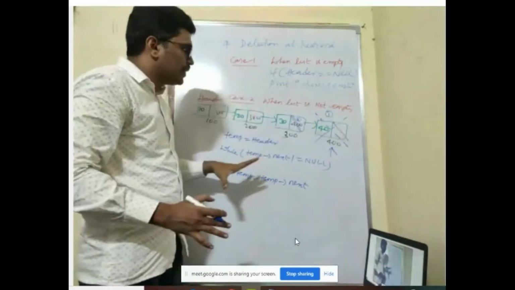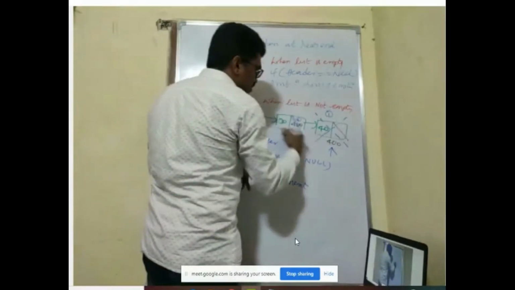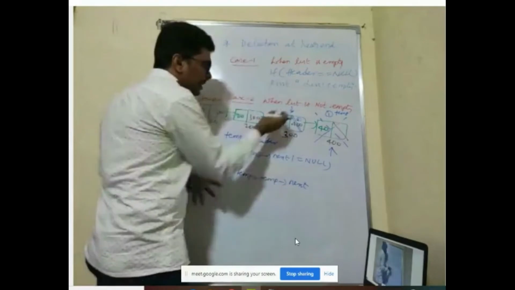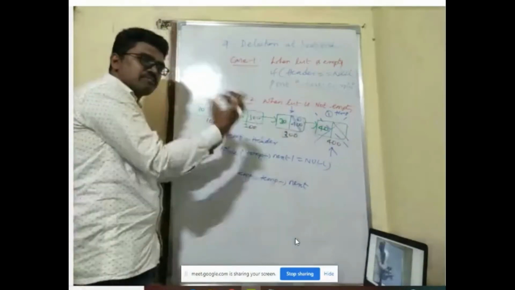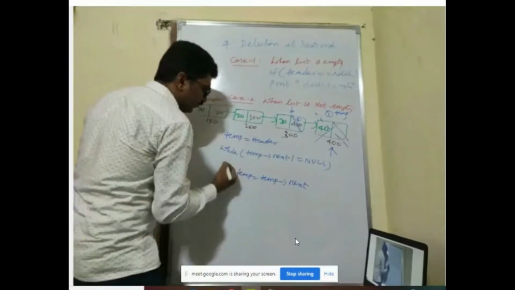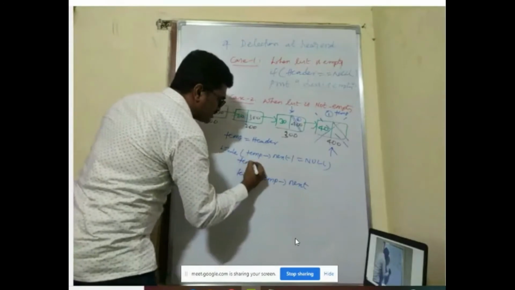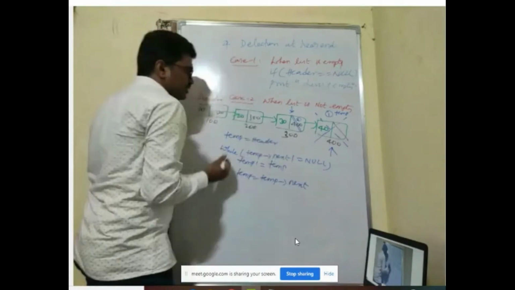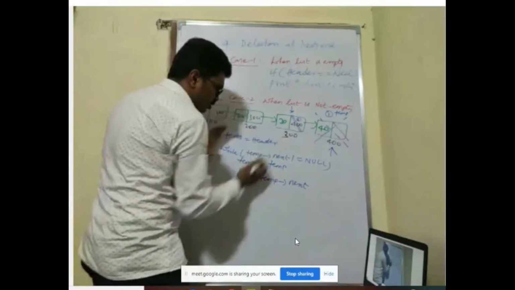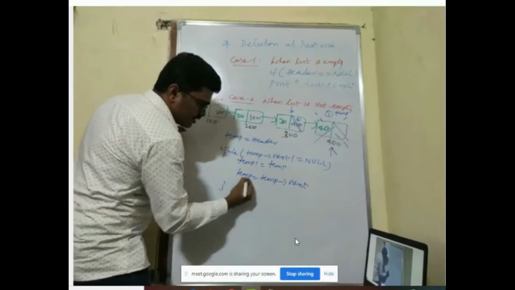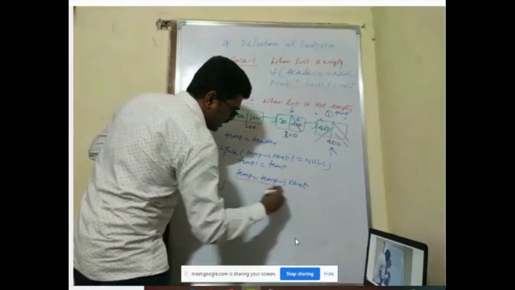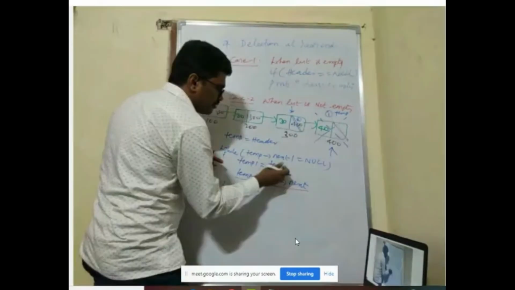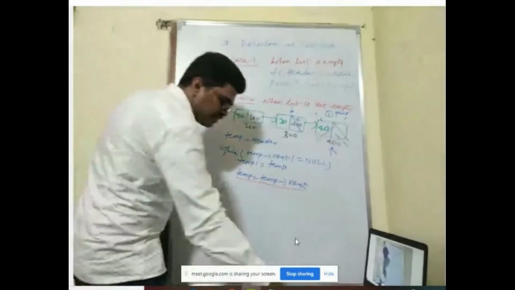Now this is my temp, but I want this node also. I want a pointer which points to the last but one node. For that, we take another temporary pointer, suppose temp1. Before I move temp to the next node, I will store temp1 equal to temp. I will traverse and show you, don't worry.